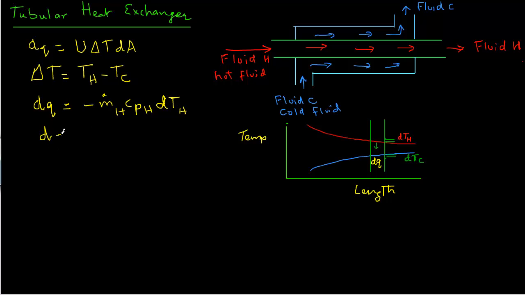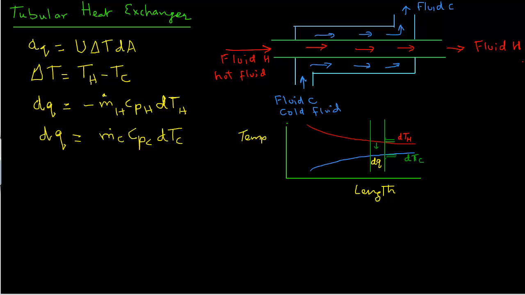And for the cold stream C, we can write dq equals m dot c cpc dTc. Note that dTh is a negative quantity because the temperature of the hot stream is decreasing. And that's one of the reasons why we added that negative sign,